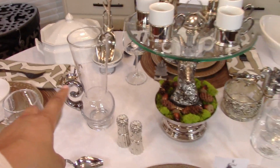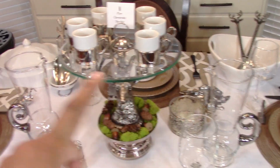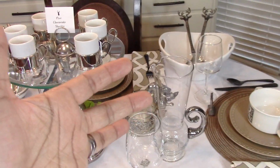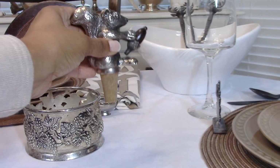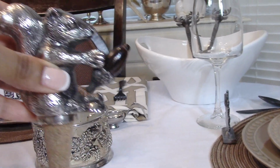Now I did add another carafe. I have 2 of these. And the first one I only put 1 out, but now I put 2 of them out. One could hold water and one could hold juice. Then I added this wine coaster, and I also had this cute little squirrel wine stopper, and I thought it would go perfect with our theme